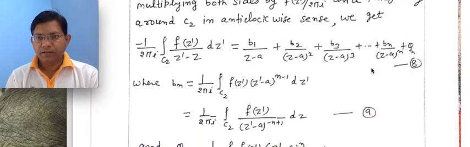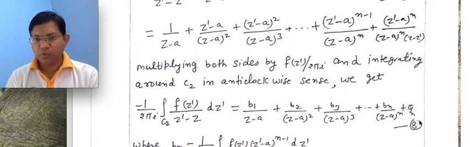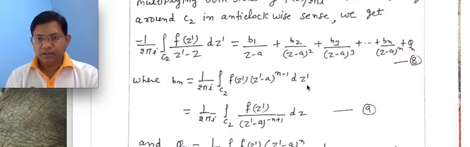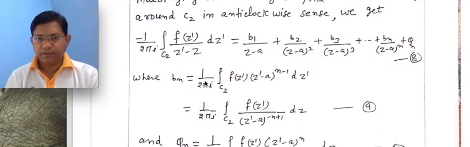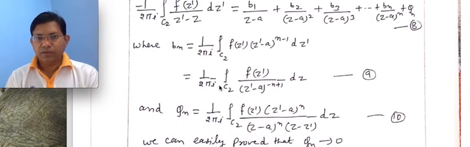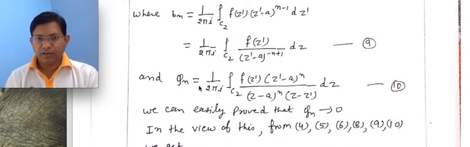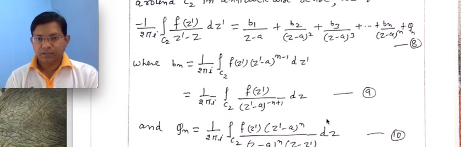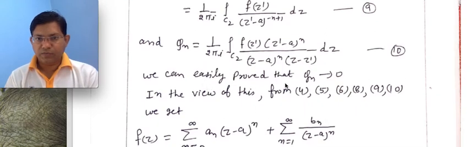Here the last term we take as Qn, and this is equation number 8, and here bn is 1 upon 2 pi i integral over C2 f z dash times (z dash minus a) raised to power n minus 1 dz dash. This is equation number 9, and Qn is this term, and we can easily prove that Qn tends to 0. In view of equations 4, 5, 6, 7 and 9, 10,